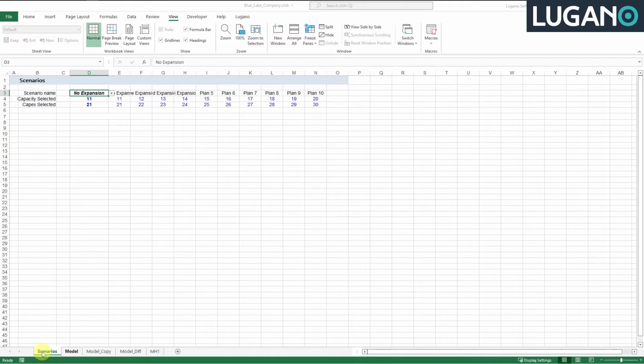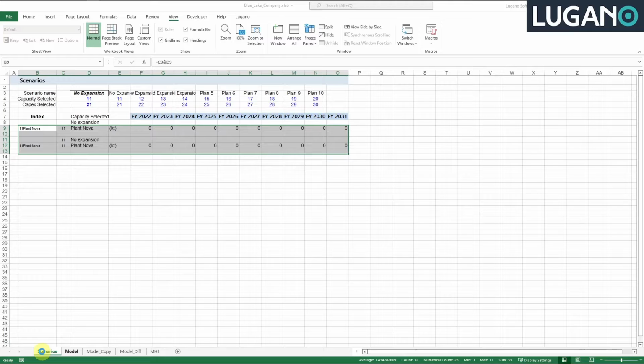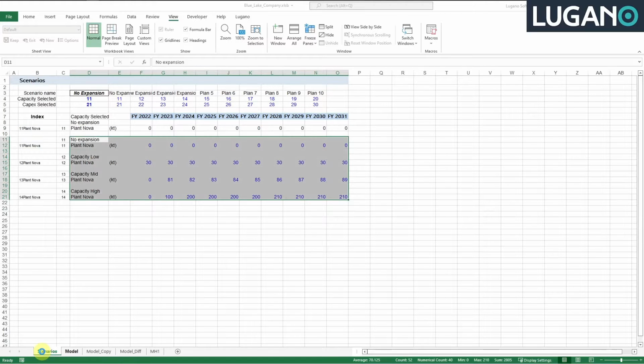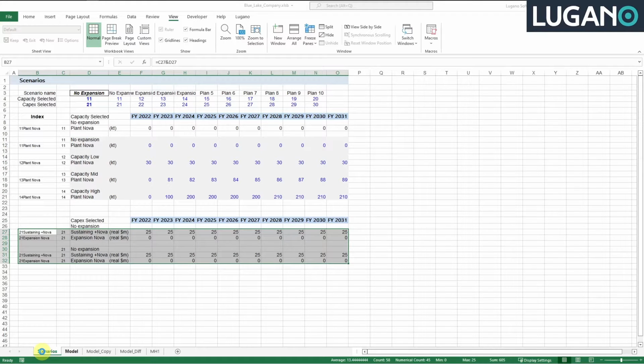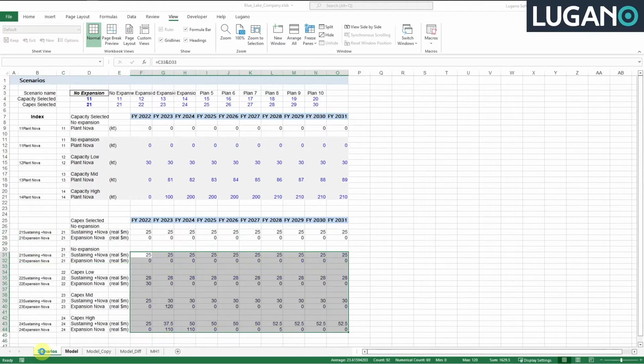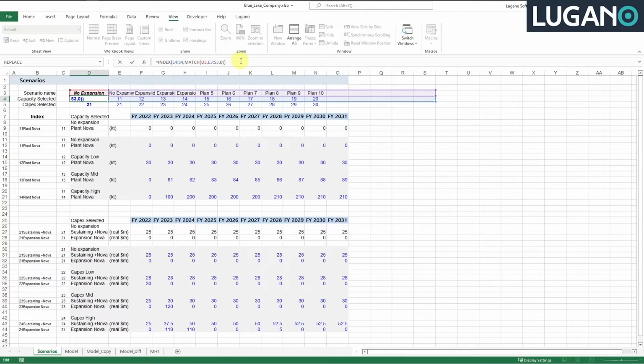Now let's add the version data. I start by adding the no expansion case for capacity and then add the 3 cases for analysis, low, medium, and high capacity. OK, now I add the capital costs for the no expansion case and add the 3 corresponding cases to match the capacities. All done. The scenario uses the index function, which is used to set the lookup values, and the VLOOKUP function